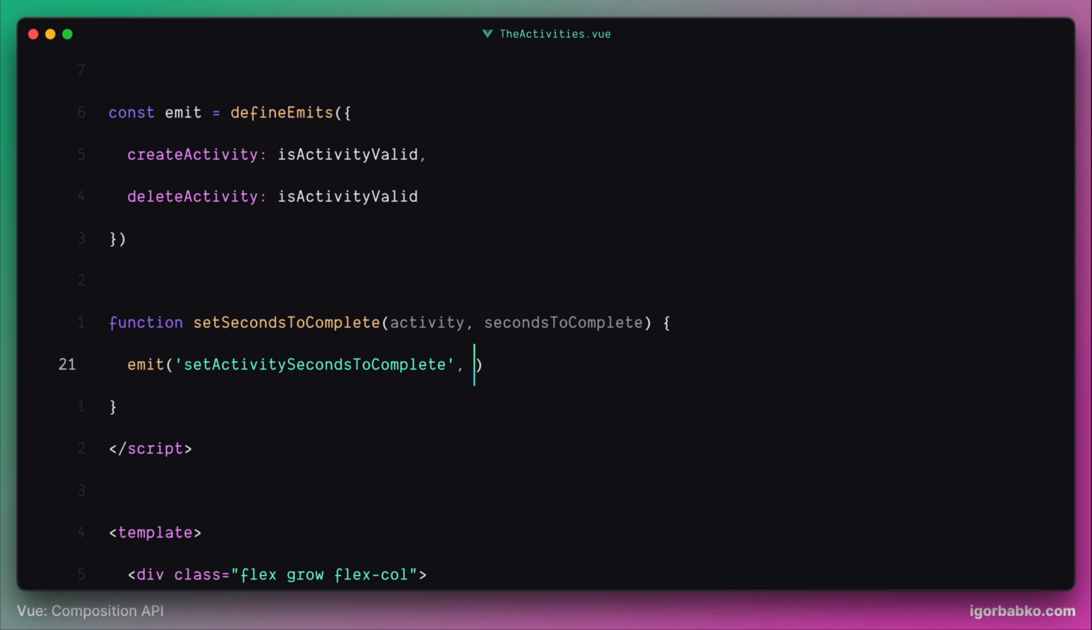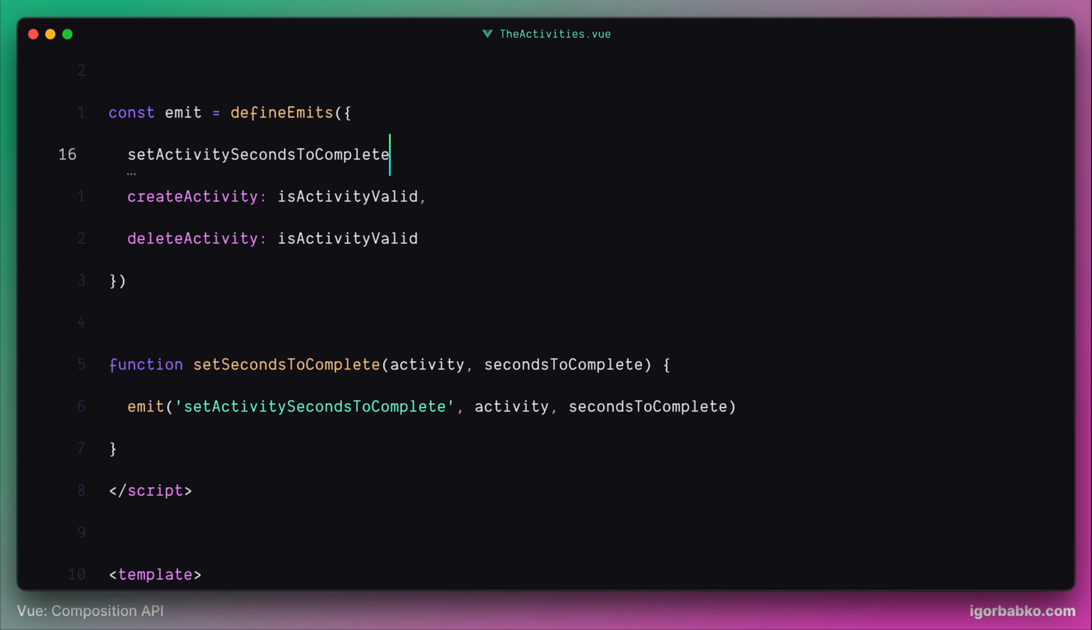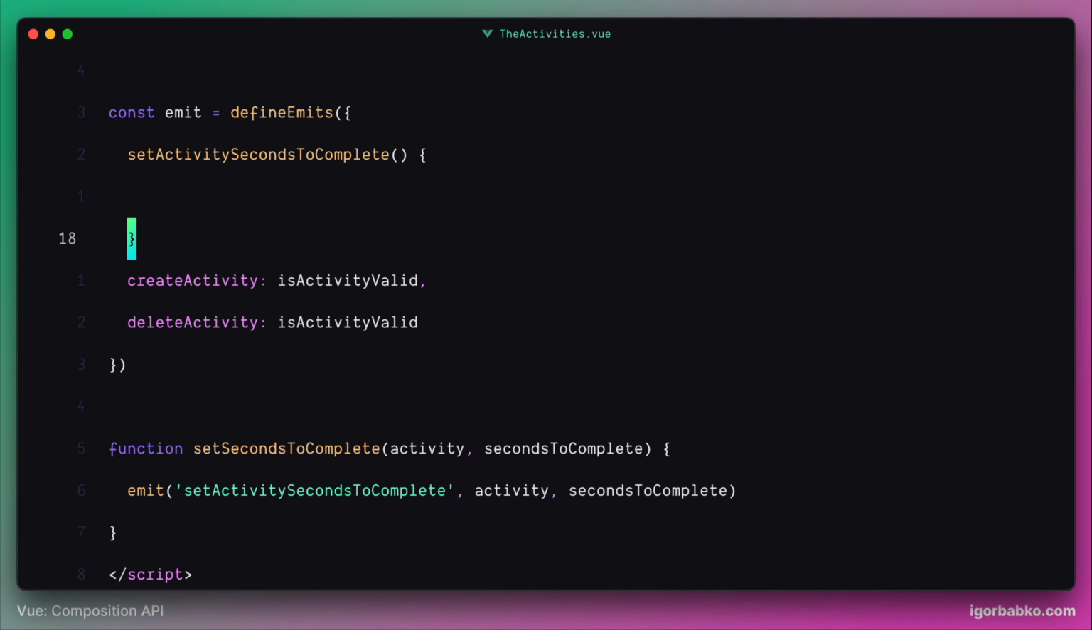And the parent component in this case is our root component, which should know the activity object for which we're selecting secondsToComplete, as well as the actual secondsToComplete value. So we are going to pass both of these pieces of data as separate parameters in here. And before registering a listener for this event in a parent component, first of all, let's define validation for this event. So let's define a validation function for this event within the defineEmits macro. And since we are passing 2 values with this event, we need to declare 2 parameters and validate every parameter